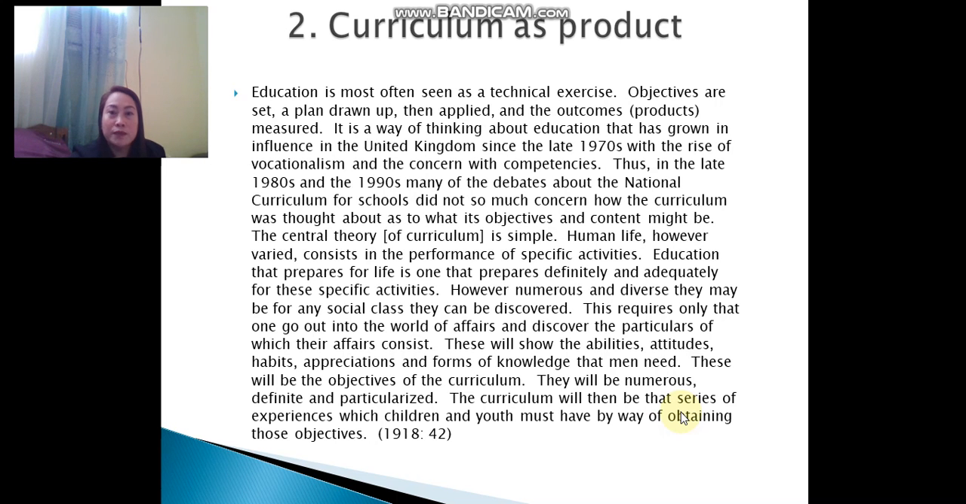So, curriculum as a product. Education is most often seen as a technical exercise. Objectives are set, a plan drawn up, then applied, and outcomes measured. This way of thinking about education has grown in influence in the United Kingdom since the late 1970s, with the rise of vocationalism and the concern with the